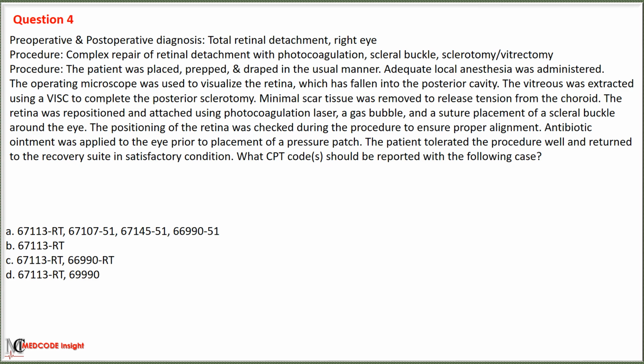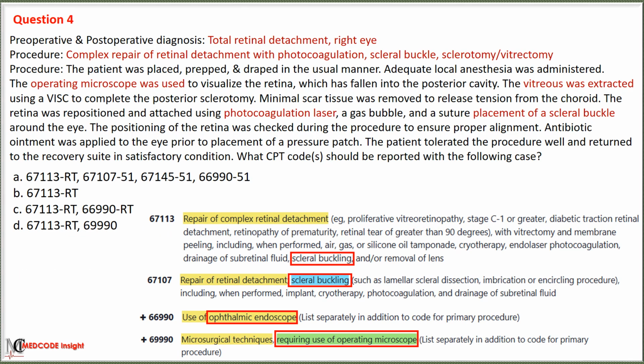Option B: code 67113 along with modifier RT. Option C: code 67113 along with modifier RT, 66990 along with modifier RT. Option D: code 67113 along with modifier RT, 69990. In this scenario, a patient with total retinal detachment in the right eye undergoes a complex repair of the